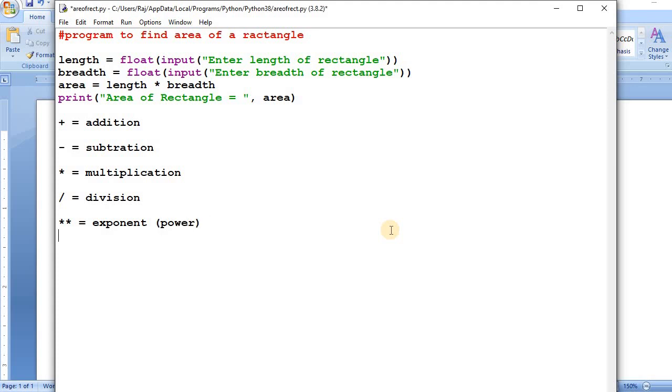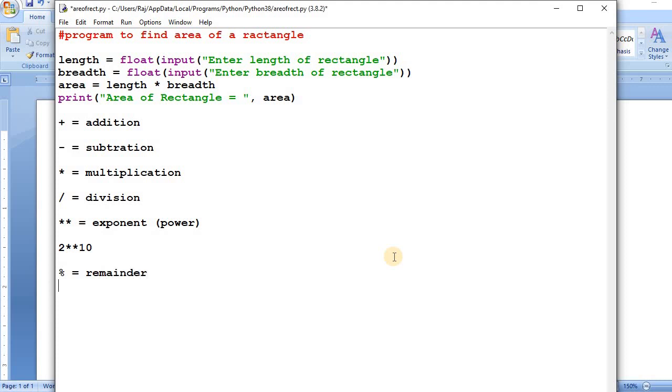Okay, suppose you want to write the expression 2 to the power 10: 2, double asterisk, 10, so that is equivalent to 2 to the power 10. These are the arithmetic operators, and one more arithmetic operator that is mostly used is the percentage sign. It is used to find the remainder.